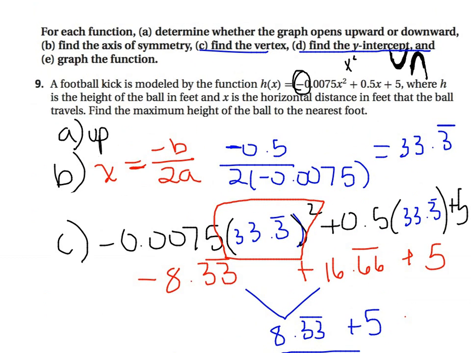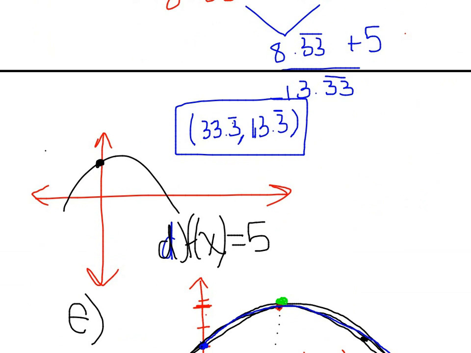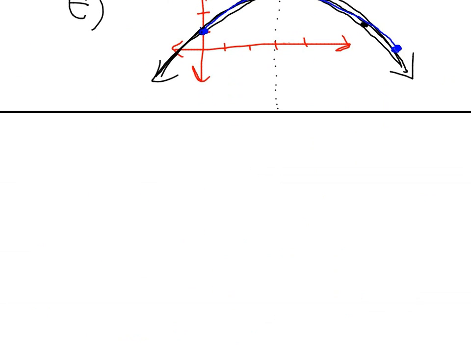Well, let's go back to our original equation here. And we see that h of x, so this is the height, is equal to all of this, where x is the distance. So it's asking us what's the maximum height, so that means we're finding out what y is, which is the same as h of x. So we figured out at the vertex, the y was 13.3 continued. So we can say, to answer this question, that the maximum height is